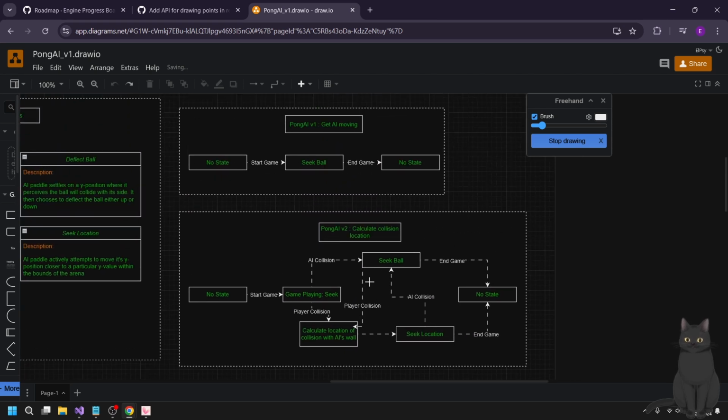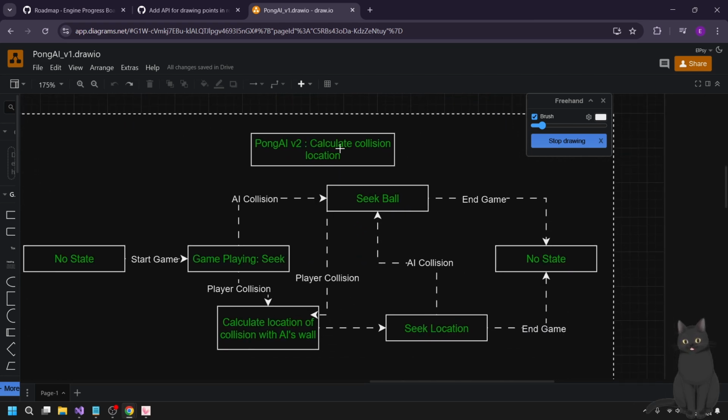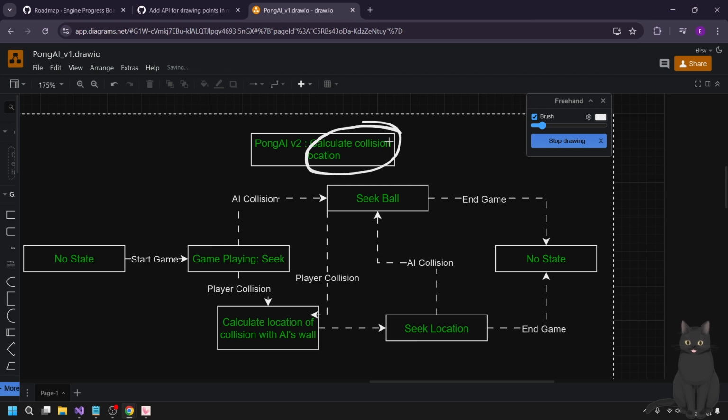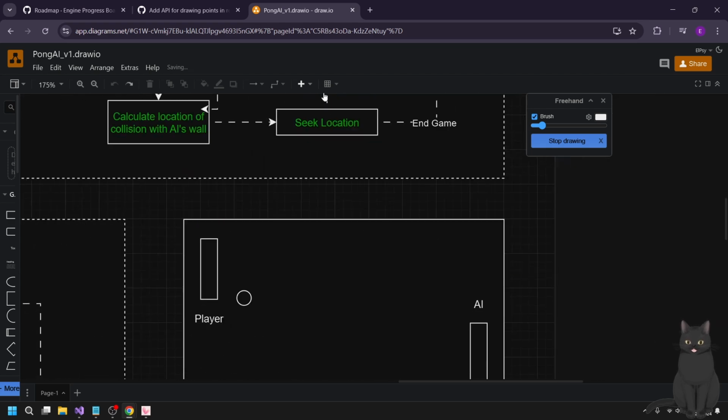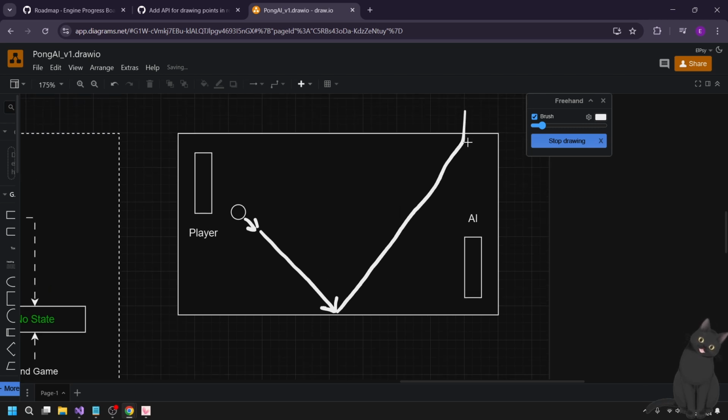So yeah, basic Pong AI again is just seek the ball, right? That's what is currently in. It took like no time to add that. So right now I'm just adding the ability to calculate the collision location, like the perceived collision location. If I look at a diagram, you can assume that the current vector of the ball is going this way, it's going to go down this way, it's going to collide, so I'm going to hit a raycast this way, and then I'm assuming it's going to go this way, collide, hit another raycast, and then hit here.